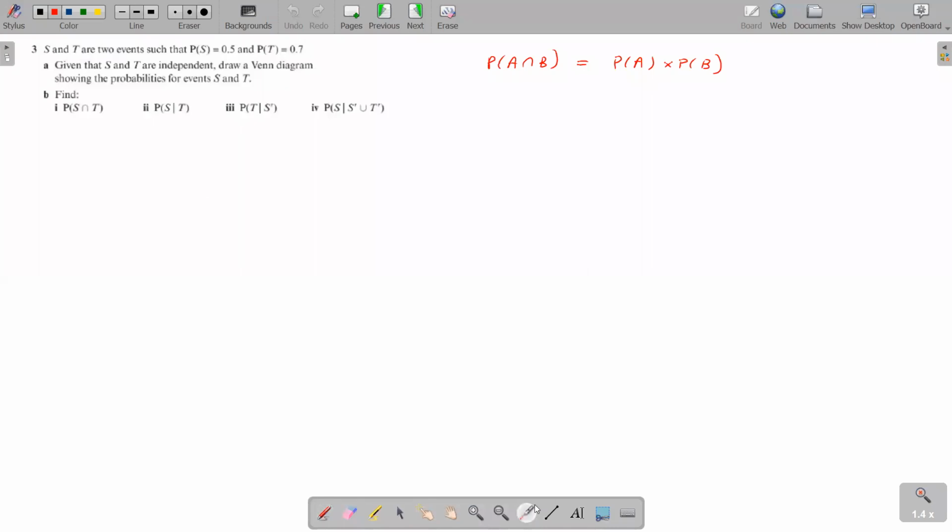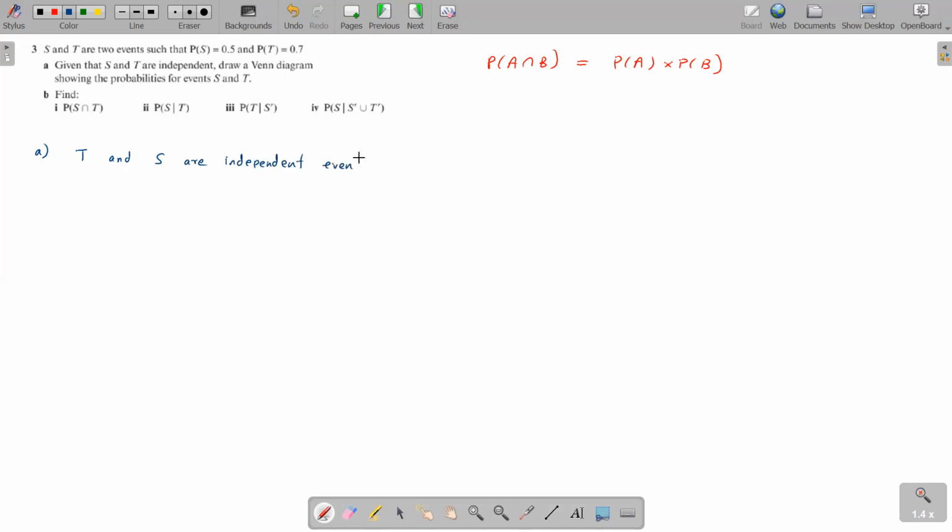All right, so let's go with the question now. In question 3, they say S and T are two events such that probability of S equals 0.5 and probability of T equals 0.7. Given that S and T are independent, draw a Venn diagram showing the probabilities for events S and T. First we'll draw the Venn diagram, but also let's use the fact that the events T and S are independent. So since T and S are independent, what do we know? T and S are independent events. Therefore,